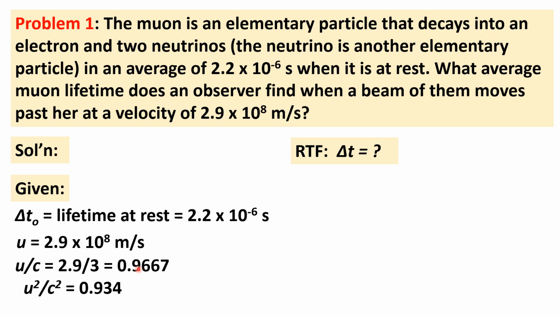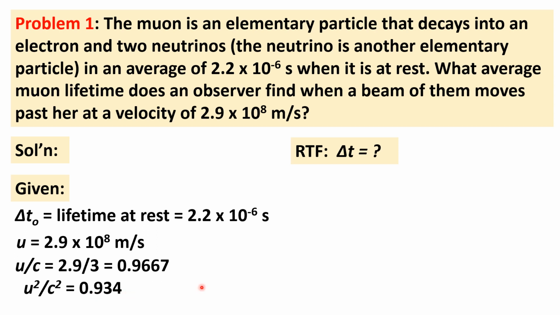So the ratio becomes 0.9667. And of course, for u squared over c squared, we simply square this value 0.9667 to get the ratio of the squares equal to